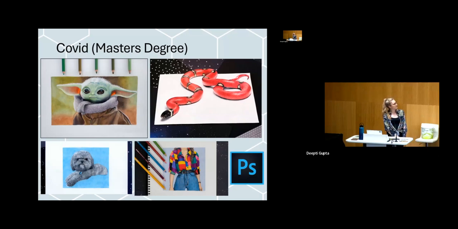My particular favorite is probably the snake, because it's all cut out of one piece of paper. And it's essentially a trick on the eye with shading and light and camera angles to try and make it look realistic. So I was very surprised at how well that came out, because I was expecting it to look like it had been flattened by a truck or something. And then I've also put the Adobe Photoshop logo in the bottom right.